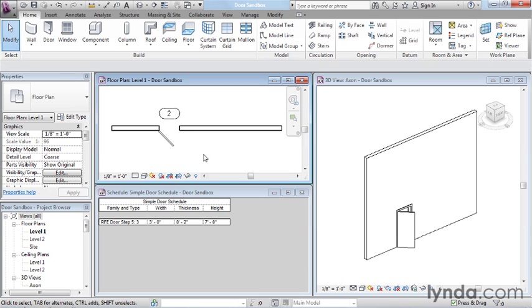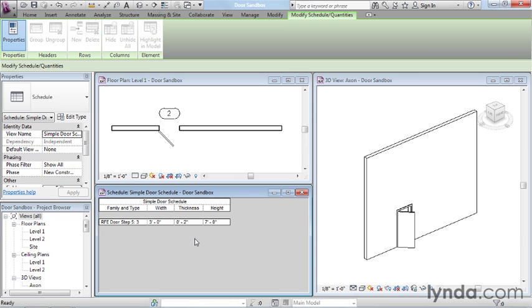And you can see that I actually have three other windows open here in the background. So I have the floor plan, I have this door schedule called Simple Door Schedule, and I have a 3D view over here. And so what I want to do now is just basically test out the two parameters that we've just created. And I want to do that by first adding those shared parameters to this door schedule. That was, after all, one of the primary reasons why we chose to do this. So let me select the schedule,